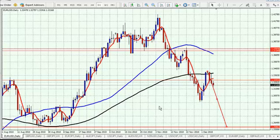Just something that I picked up on the euro dollar, and I will say for sure that it is a targeted area for me. That 1.2586 is the specific line, but obviously it would be right there in that same area. As far as another chart that I noticed that had something interesting to look at,